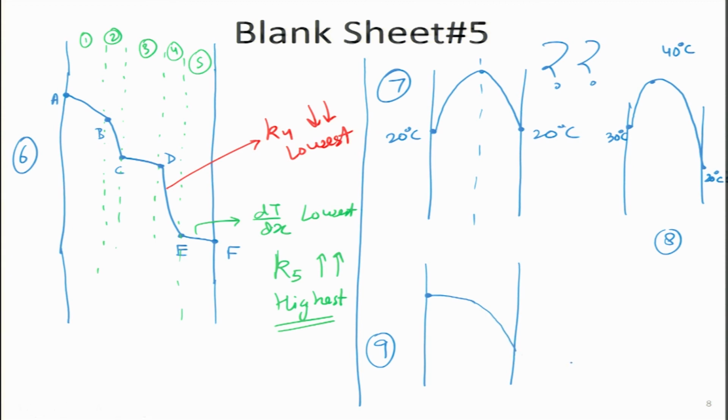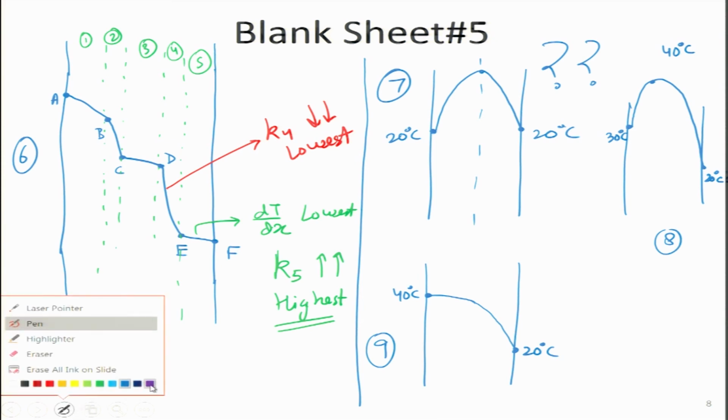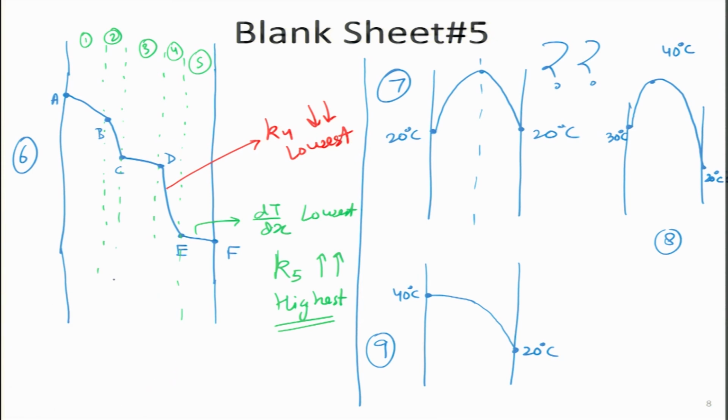So, this is the temperature profile over here. Let me put some numbers here. It is 40 degrees and here it is 20 degrees. One thing I forgot to do, let me do it with the violet color pen, that in all these cases, let me start with case 6. The rate of heat transfer, the direction of that I am showing over here. So, in case 6, as we can see, it is from the left hand to the right hand side.